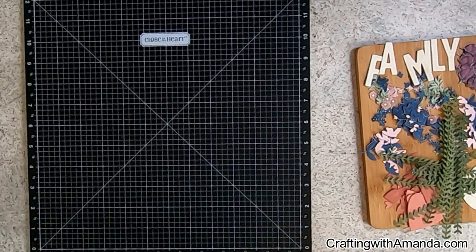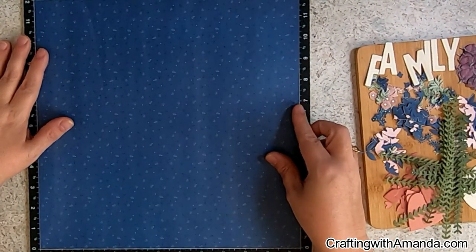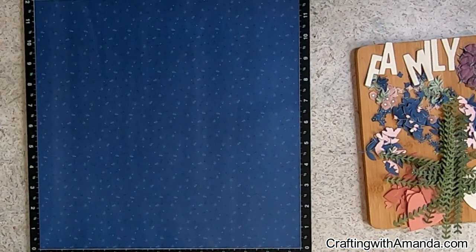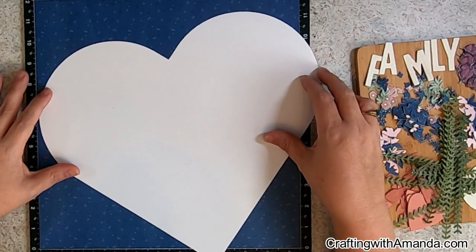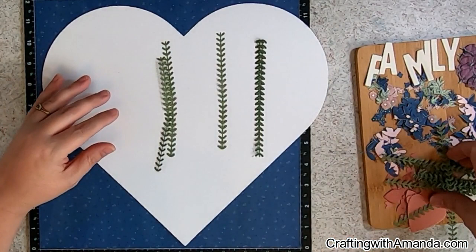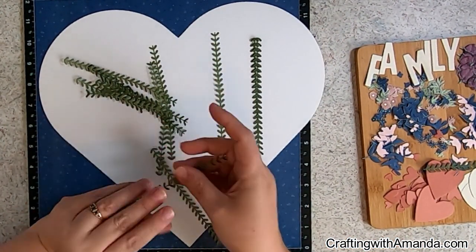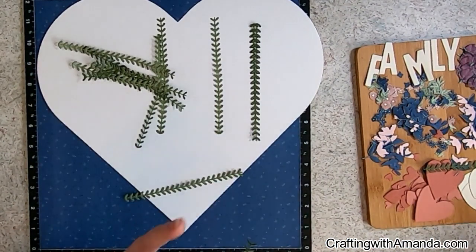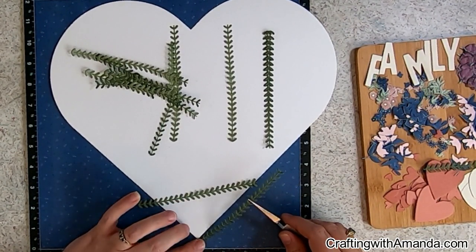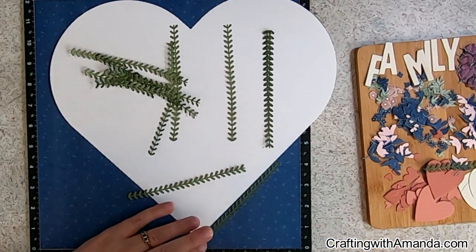So now we're going to jump back into the scrapbook layout here, and I'm starting with that pattern paper with the sapphire background. And then you can see the leaves and flowers and such that I used the die cut or the scan and cut to get from one of the pattern papers from that True Love paper. And originally I thought I was going to actually use the heart on the layout, but after I cut these borders with it was a really old thin cut,